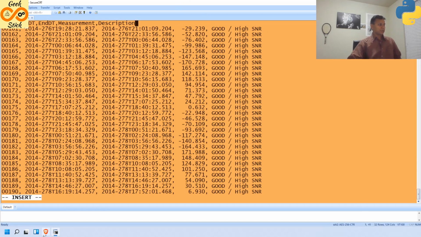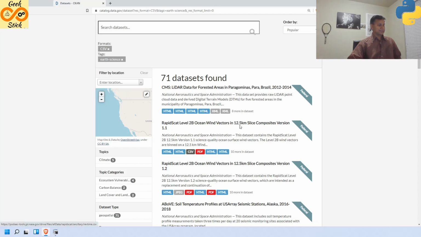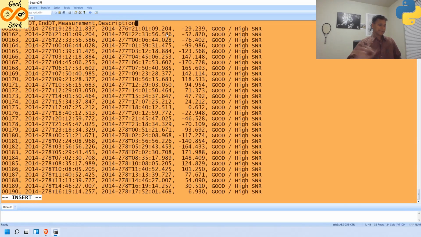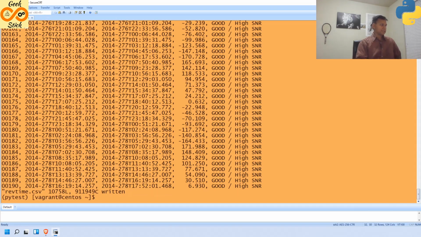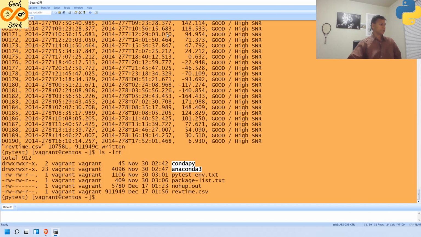Because they did not provide the metadata for this CSV file, we will apply our due diligence in providing the header. It doesn't matter, because our aim is just to fetch the data and to see how we are going to program and how we are going to use Jupyter Notebook. Yes, it got saved over here.